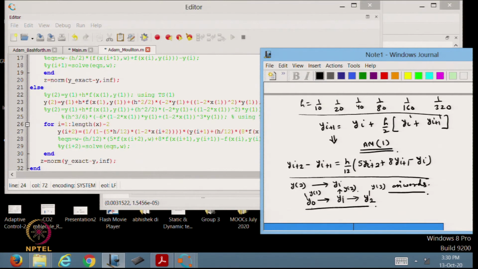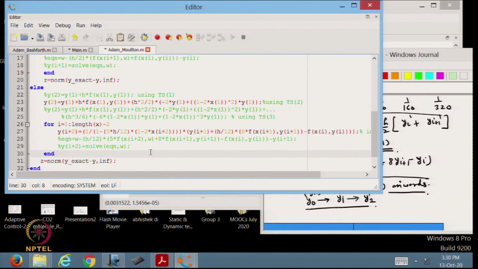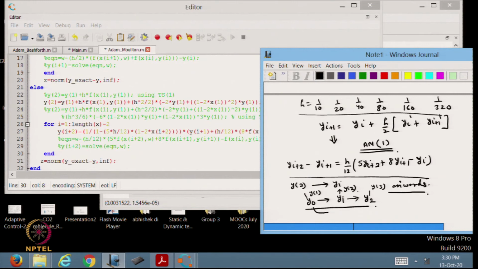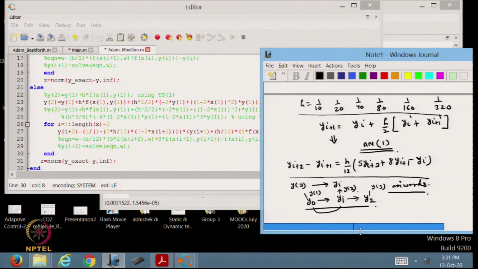Okay. So, again I have made it clear how we have gone from y0 to y1 with the help of the TS2 method, and now the reason should also be clear to you why we are choosing the TS2 method, not forward Euler, so that the total order of the method should be consistent. If I choose a low order method to predict y1, that error will dominate in the final part as well. So, that is why, to have consistency in the order of the method, I am choosing TS2.